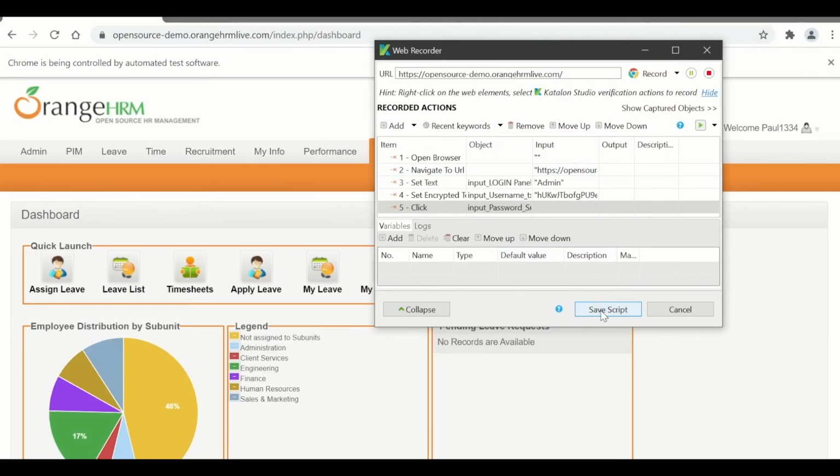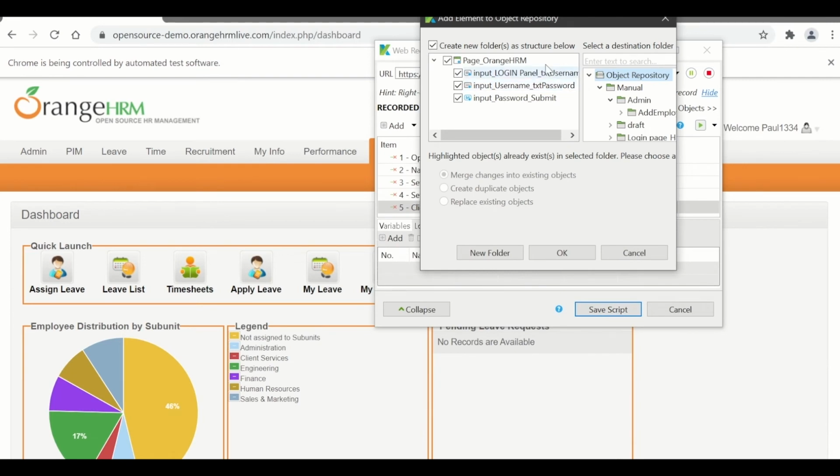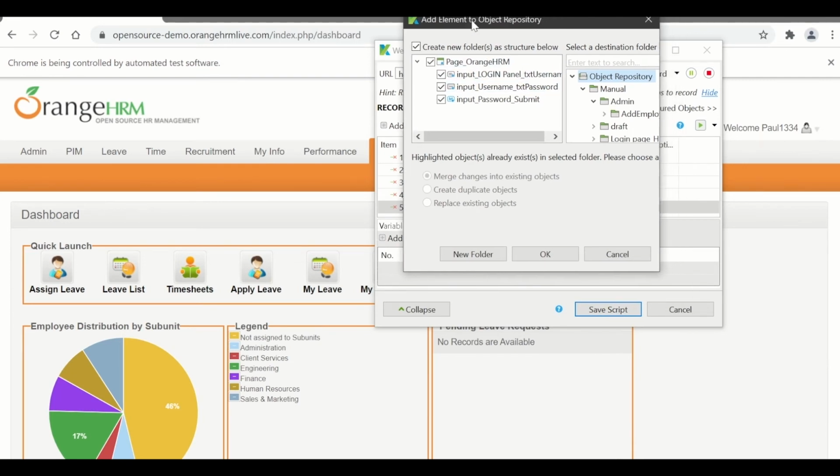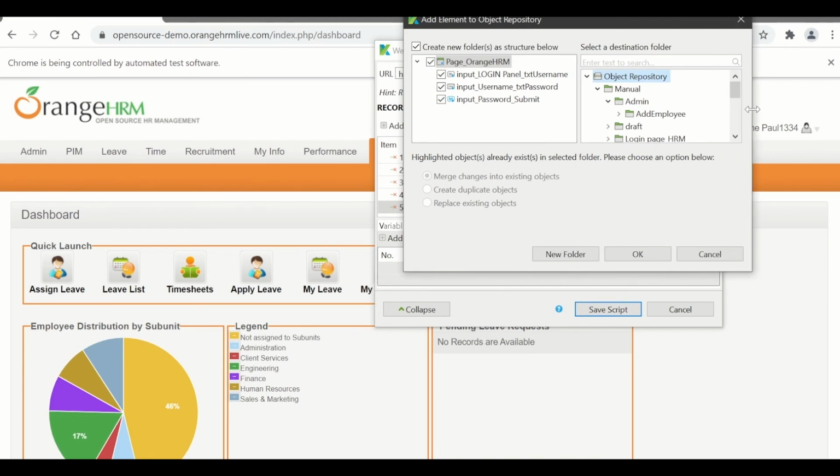Let me click on save script, and here you see there are some web elements which are loaded into the object repository. It is asking me whether I want to load these into the object repository or not. So here is my object repository. I can choose a folder, a new folder where this has to be created.